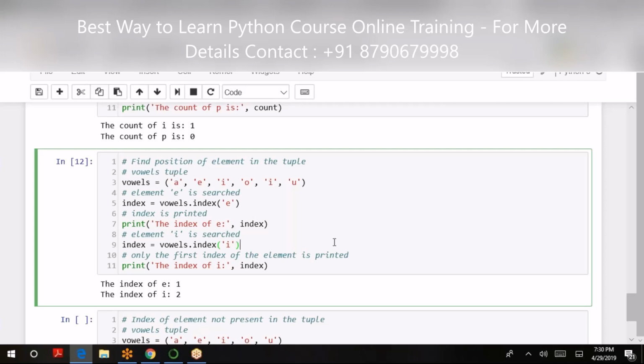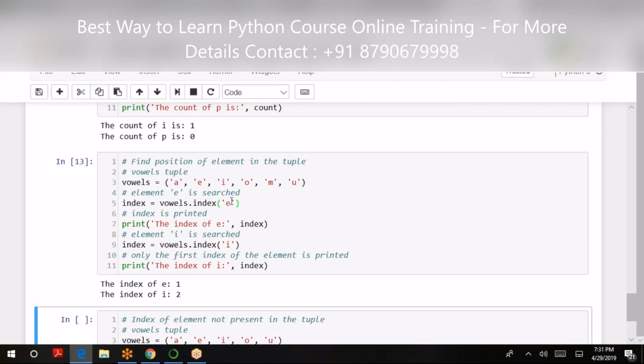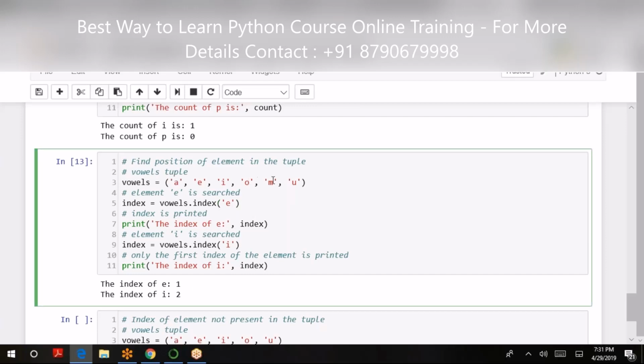It's giving the count, right? I mean, it's giving like 2 times I is there. It's not giving the index of I. No, it is giving the first position of I. It's not a count.